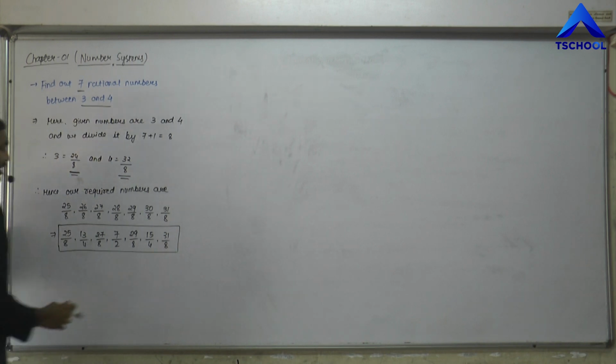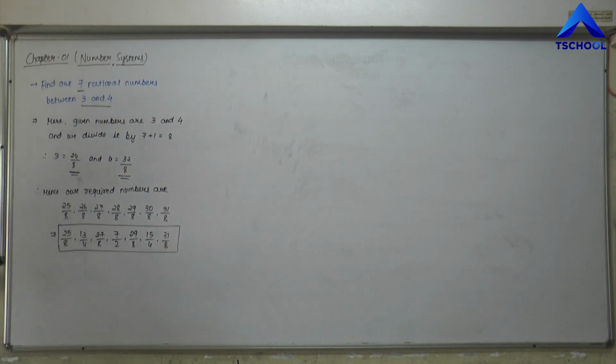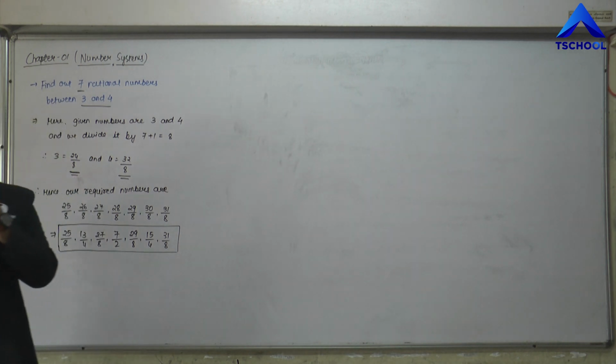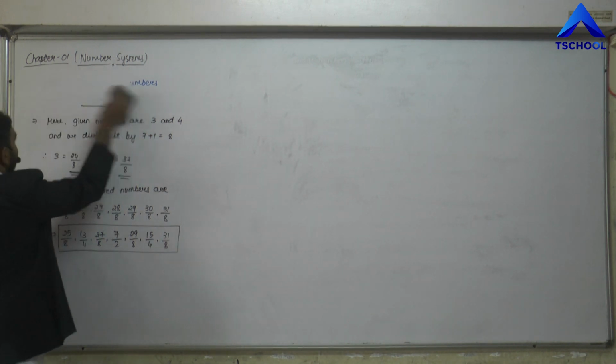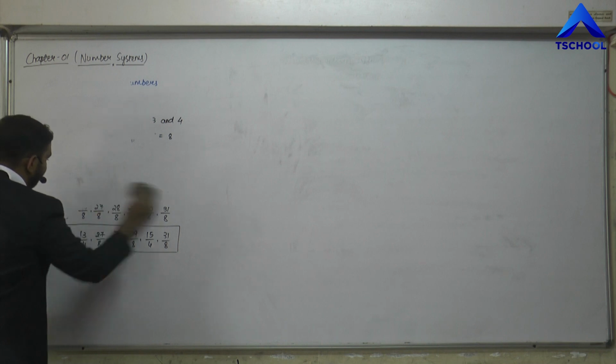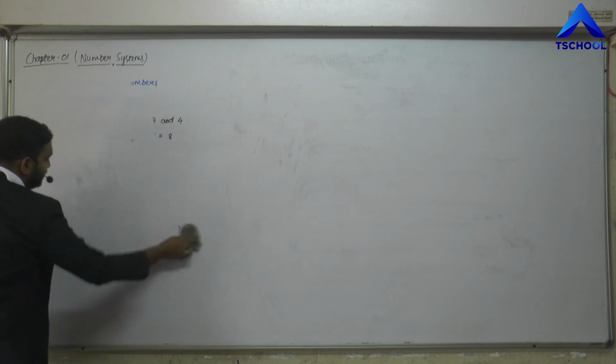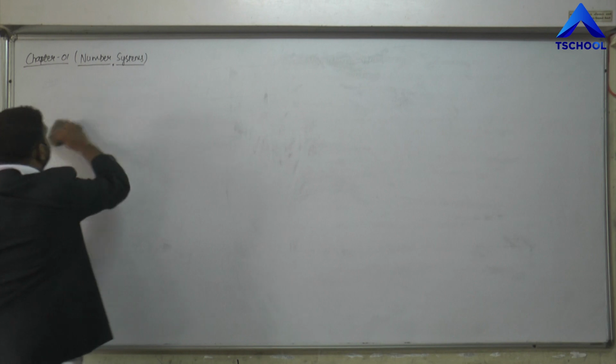Okay friends, so in this way we can find the rational numbers between two real numbers that are given to you, right? You can also find some rational numbers between two given rational numbers also, but for that it is compulsory to use the first method that we have solved, right? Okay, so is it clear to you? Now we are going to move on to the next topic of this chapter, that is the irrational numbers.